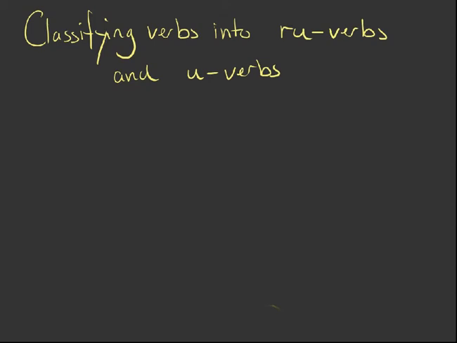Before we can learn any verb conjugations, we first need to learn how verbs are categorized. With the exception of only two exception verbs, all verbs fall into the category of ru verb and u verb. All ru verbs end in ru, while u verbs can end in any number of u vowel sounds,